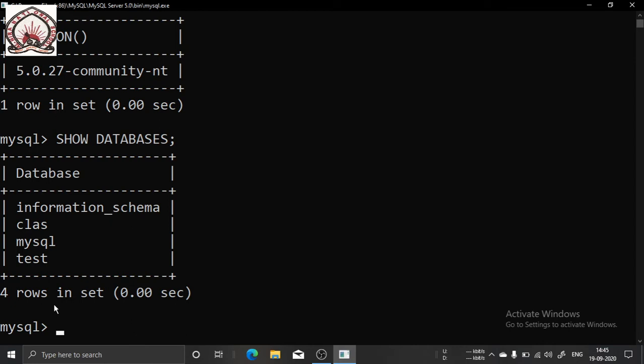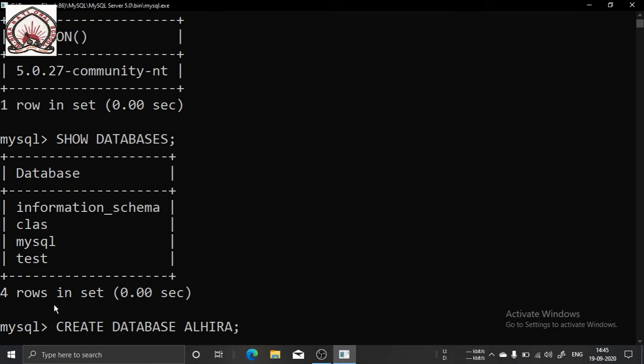Now let us create a database, because this I have already discussed and shown you on the board. I am just showing you practically how to create a database. So let us create a database named, say, Al-Hira. So the command is create database, then the database name. So I am creating a database named Al-Hira, ALHIRA. Then I give a semicolon.